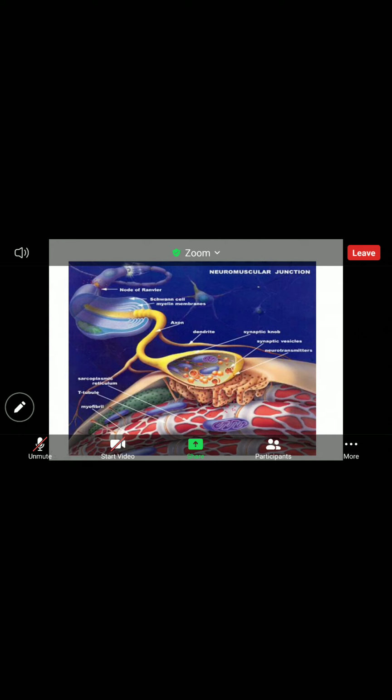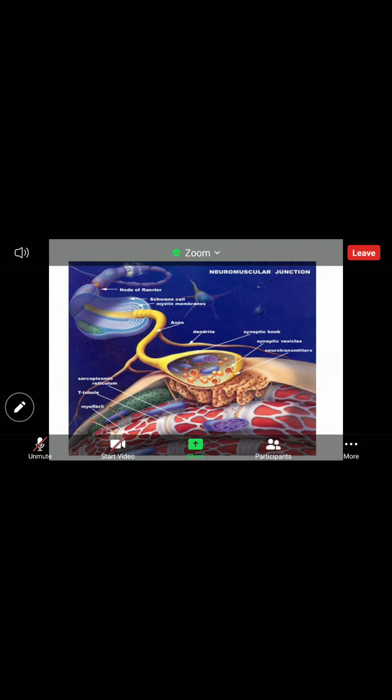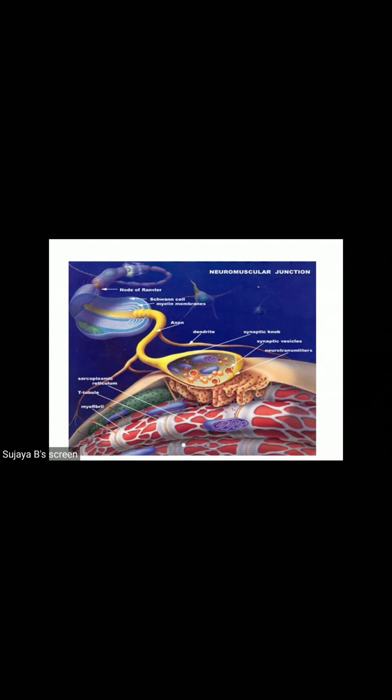So the impulse will arrive at the nerve terminal and increase the permeability of the membrane to calcium ions. Now the calcium ions will enter from the ECF. All of you know ECF contains numerous calcium ions. Now this calcium will bind to the voltage gated calcium channels, and there will be a conformational change, and the vesicles filled with the neurotransmitter